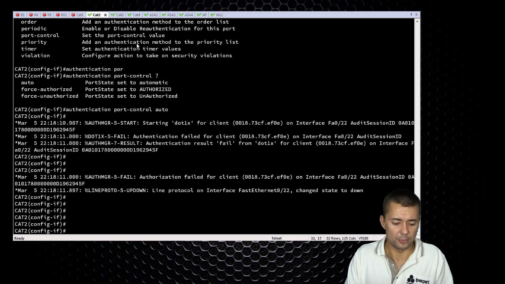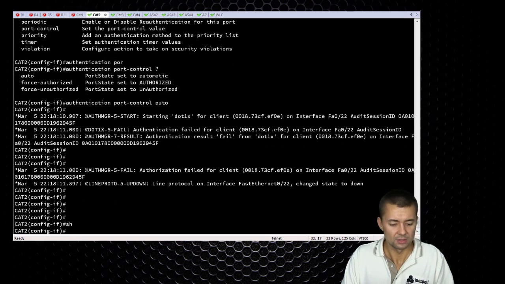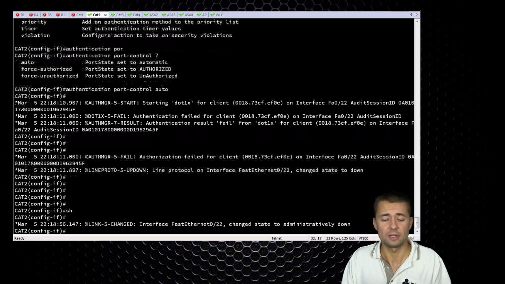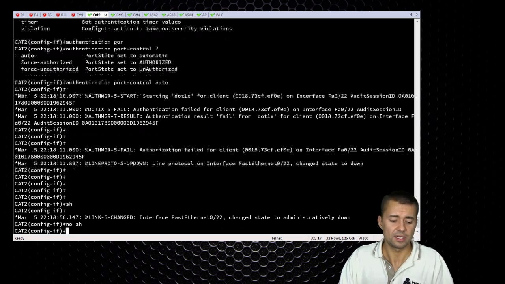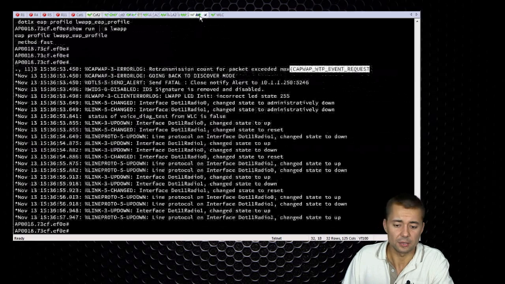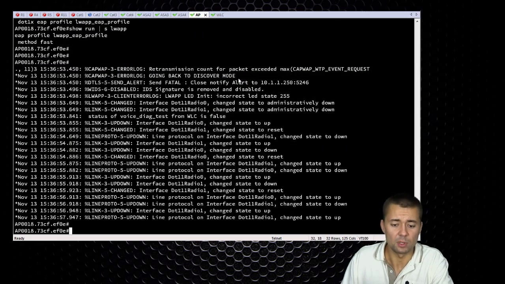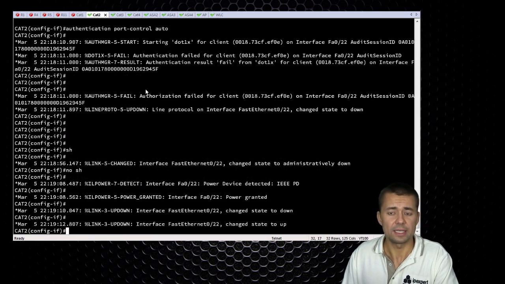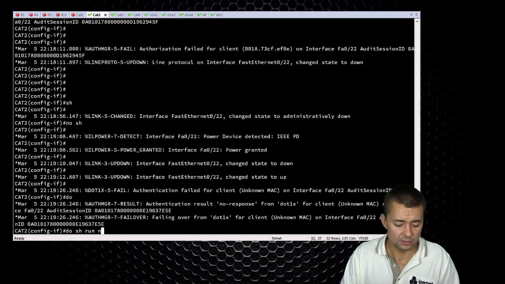Let's bounce the port. Let's shut it down. But this is going to cause the access point to reboot, which is fine, because at this point it doesn't have the .1x credentials in the configuration. The supplicant was disabled. When I power it back up again and it reboots, it's going to take a minute or so. What we should see on this interface is that the switch is going to be first trying to authenticate the access point